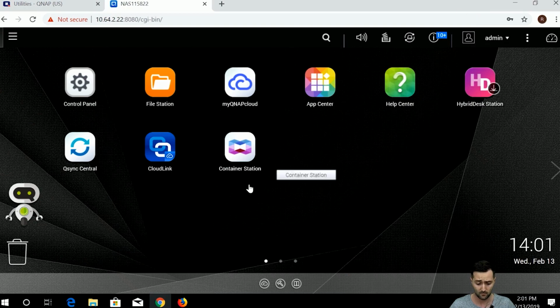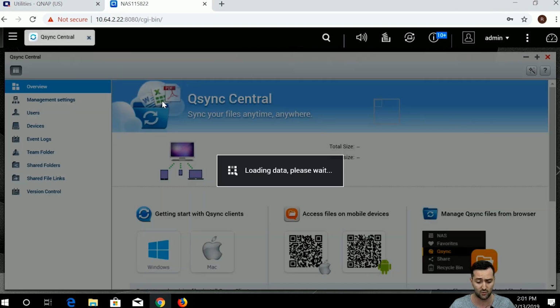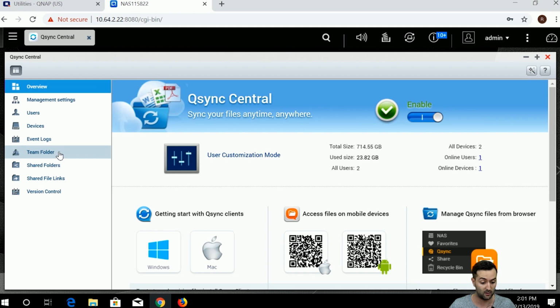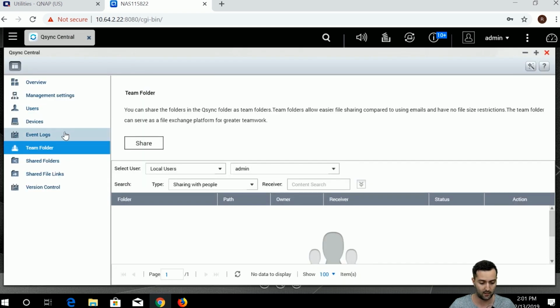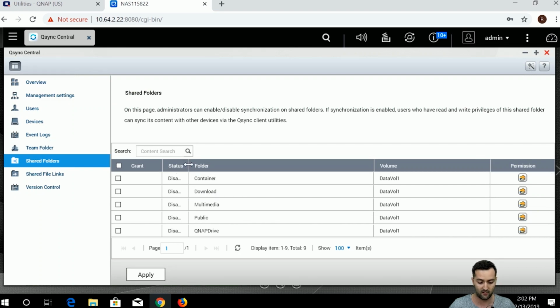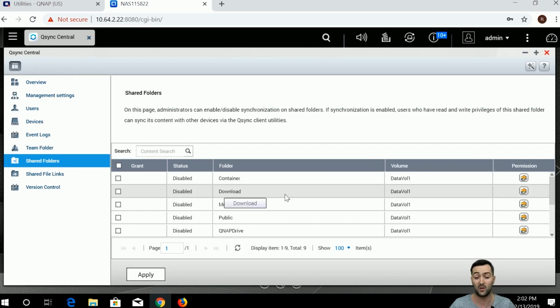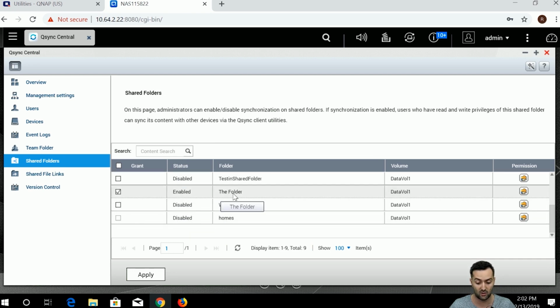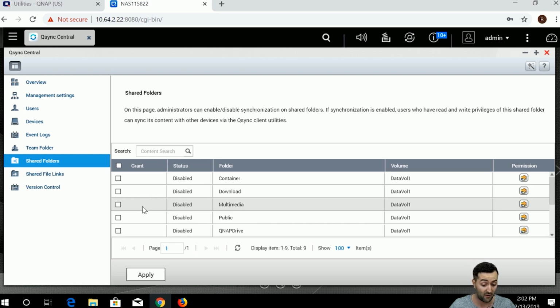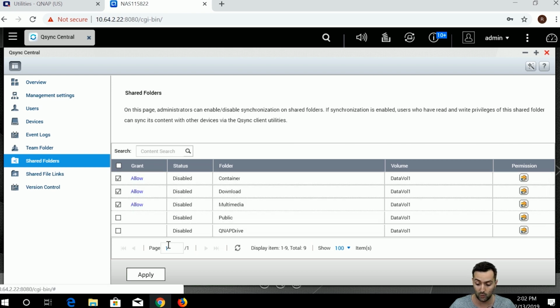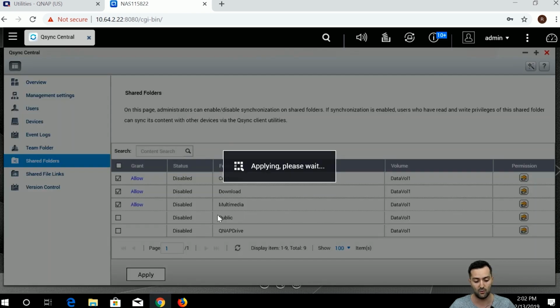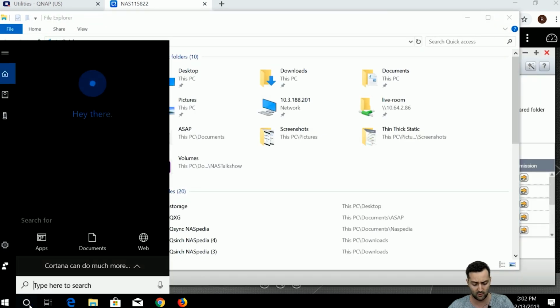First thing I want to go to Qsync Central and go to the team folders and shared folders, and we can see that we have the folders from the QNAP NAS that we are willing to sync, and for now it's only the folders enabled. So if I enable more of the folders here, they will be ready to be synced if I use the Qsync client back there on my computer. So it's applying the changes, and by using the Qsync client,